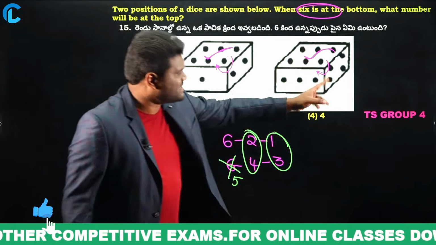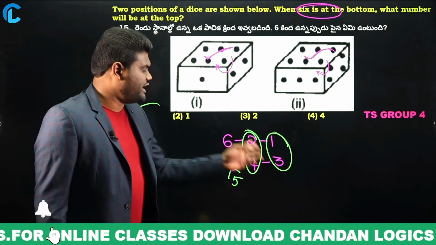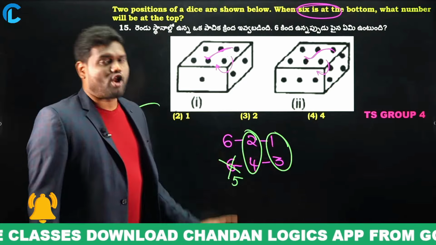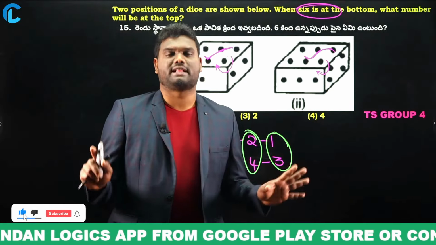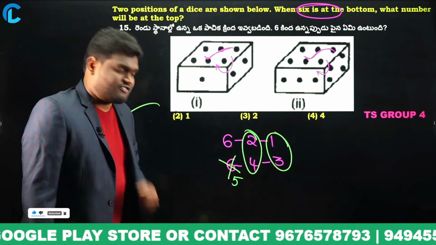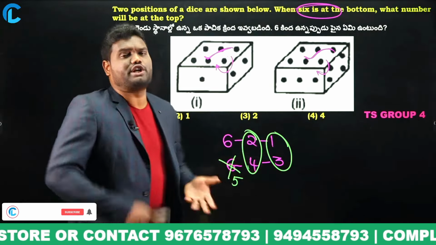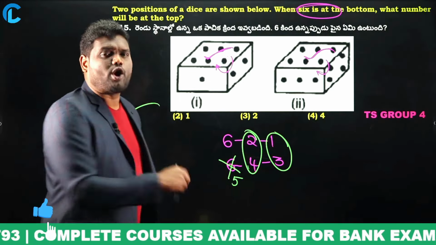Now starting with 6, 6, 4, 3. So if you check, 1 opposite 3, 2 opposite 4, and 6 opposite cannot be 6. 6 opposite will be 5. That is going to be the answer. If someone asks what is opposite to 3, 3 opposite is 1. If someone asks what is opposite to 4, 4 opposite is 2. That's it. Whenever you have one element common, you can follow this